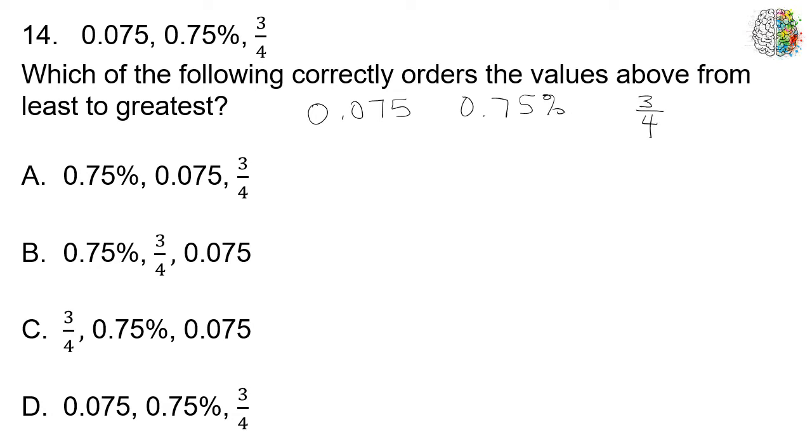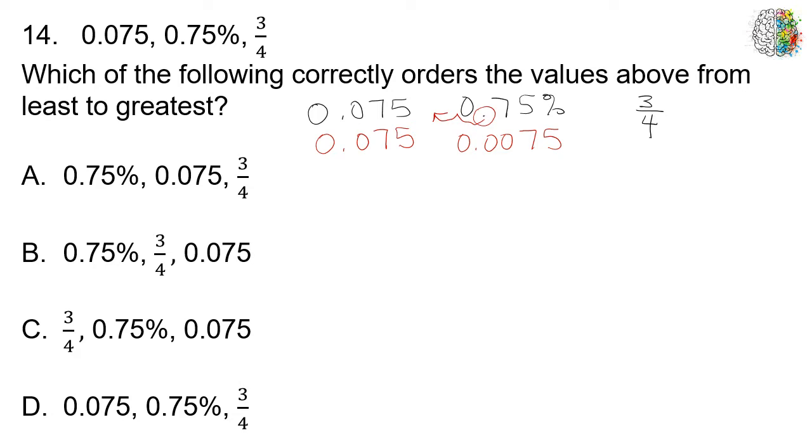So the first number they give us is 0.075. This is already a decimal, so I can just write that down and I don't need to do anything else with it. This next one is a percentage, 0.75%. Now notice that the decimal is to the left of the 75. So I'm going to start at the decimal, move 2 places. That's going to tell me where to put my decimal. So that's going to give me